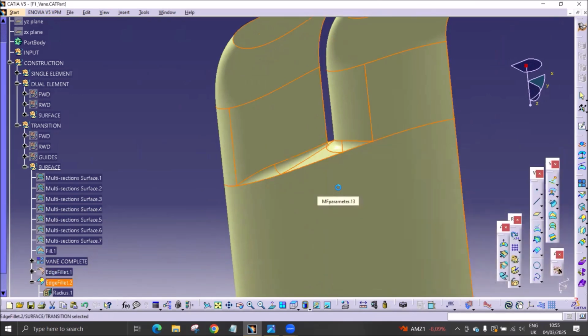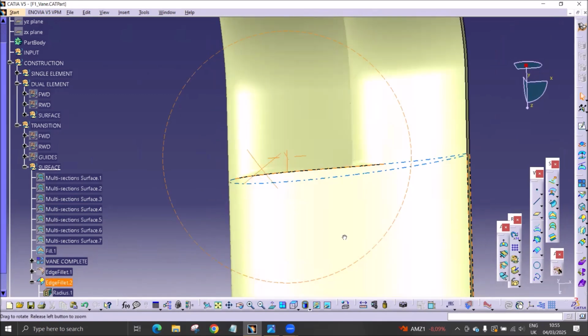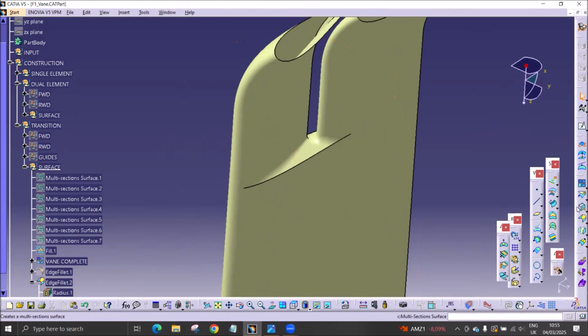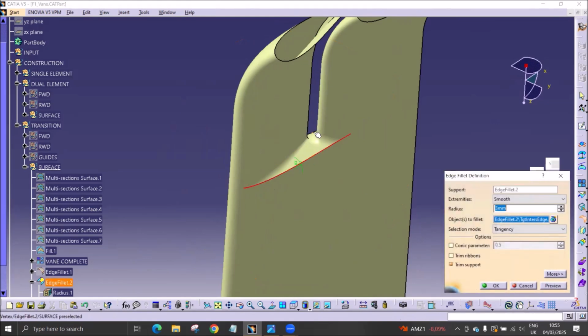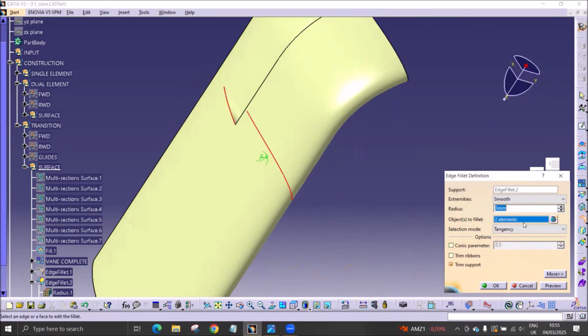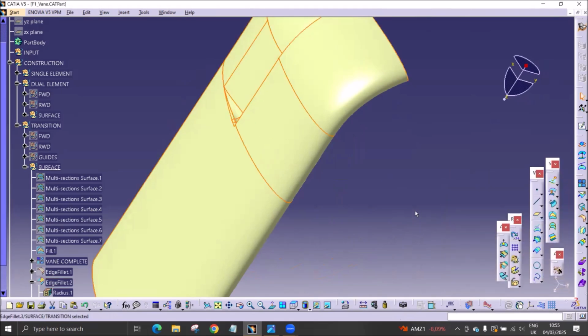And now we only have the two outside edges. And we can take a standard edge fillet for that. So this one, and also select the other thing at the same time, and then just a small 0.5 mm fillet. So that in the end is the complete